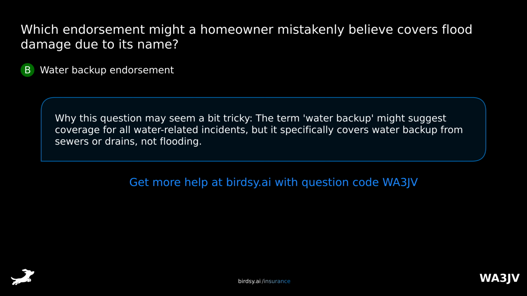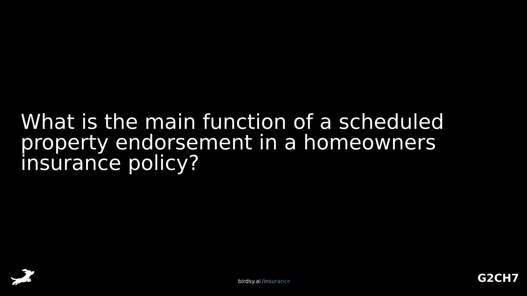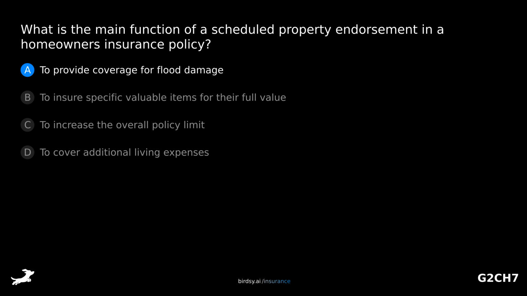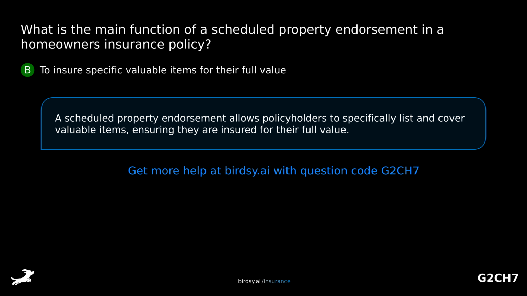drains, not flooding. What is the main function of a scheduled property endorsement in a homeowner's insurance policy? Is it A, to provide coverage for flood damage, B, to insure specific valuable items for their full value, C, to increase the overall policy limit, or D, to cover additional living expenses? The answer is B, to insure specific valuable items for their full value. A scheduled property endorsement allows policyholders to specifically list and cover valuable items, ensuring they are insured for their full